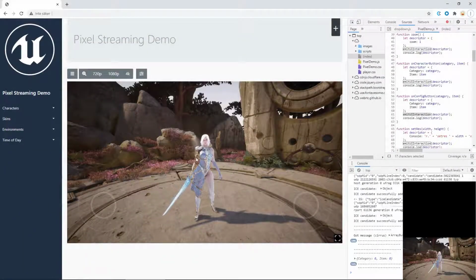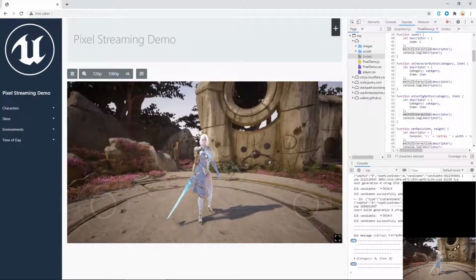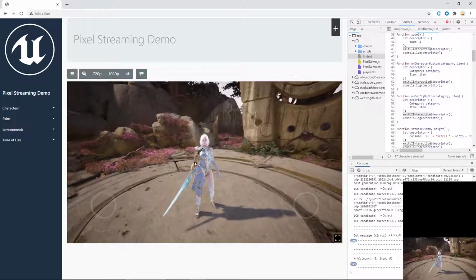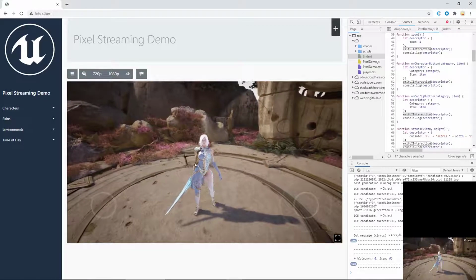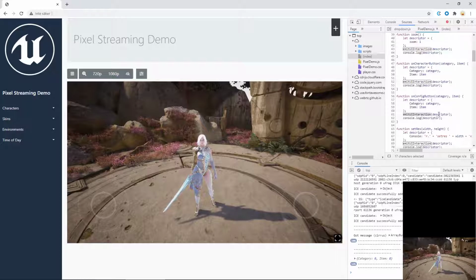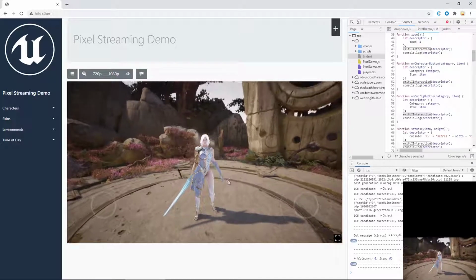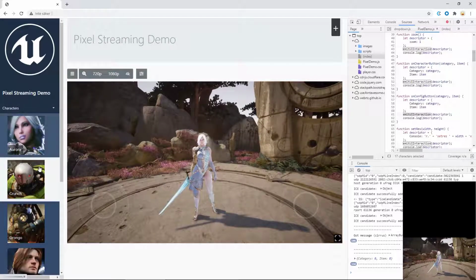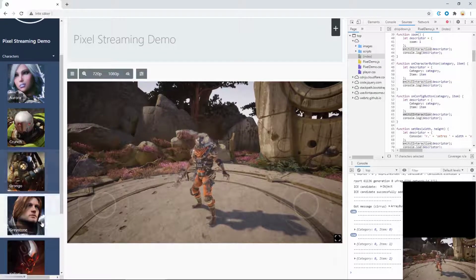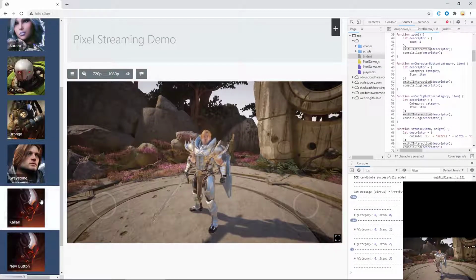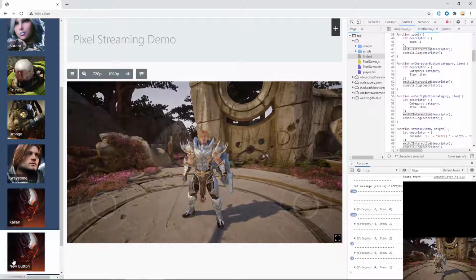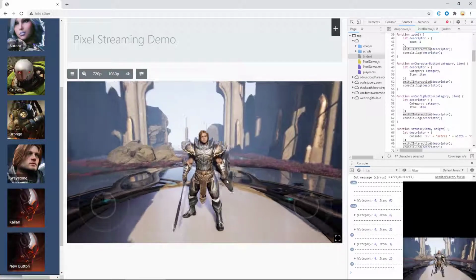Now that we've gone through this tutorial, I hope you have a better understanding of how the Pixel Streaming input component works in Unreal and how it receives the descriptor from the website and changes functions in Unreal. In the next tutorial, I will be going through more how to create buttons and sliders to change the environment of your applications. See you then.